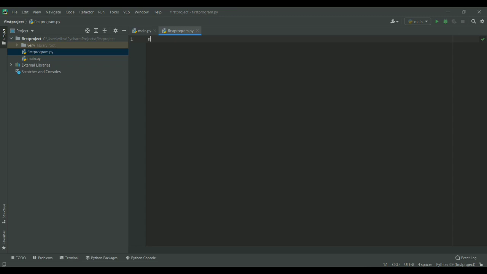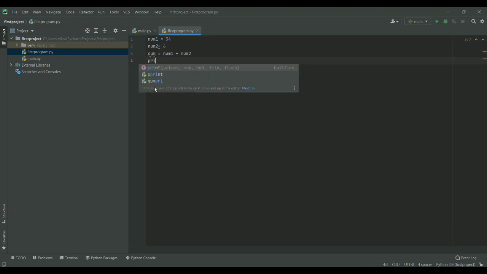Number 1 is equal to 34. Number 2 is equal to 6. Sum is equal to number 1 plus number 2. Print addition is comma sum.